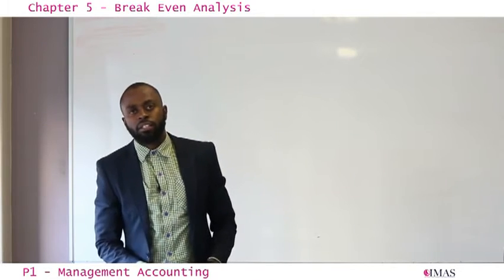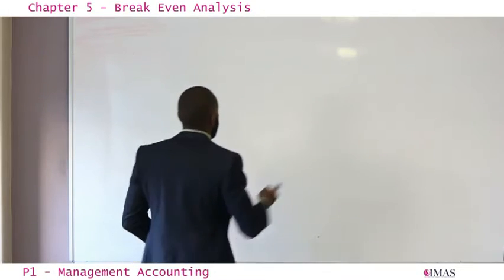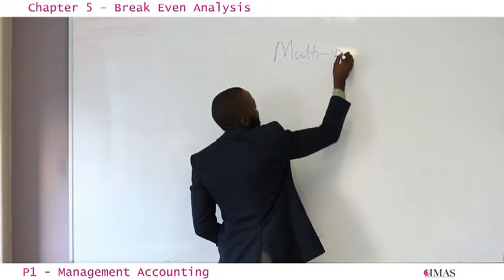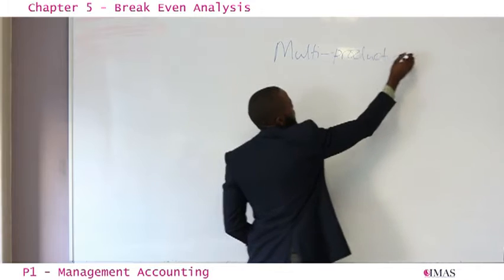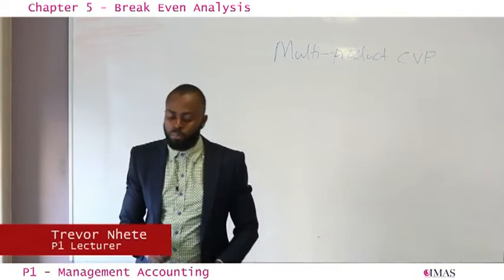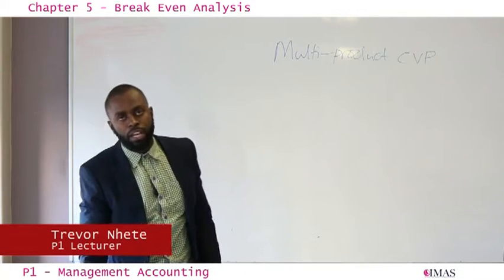We're now going to look at multi-product CVP analysis. All along we've been looking at break-even analysis or CVP analysis when we had one product. Now I want to look at when we have multiple products. When a company produces more than one product, we want to see how we calculate the break-even